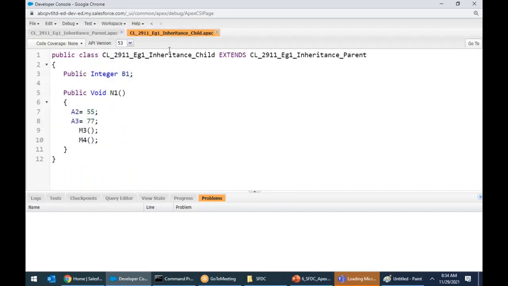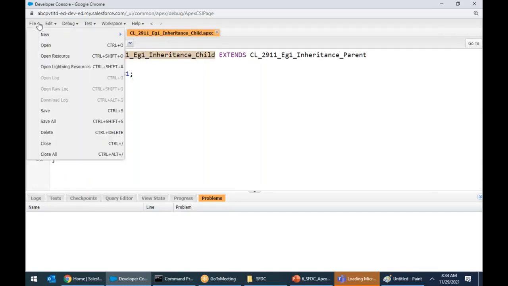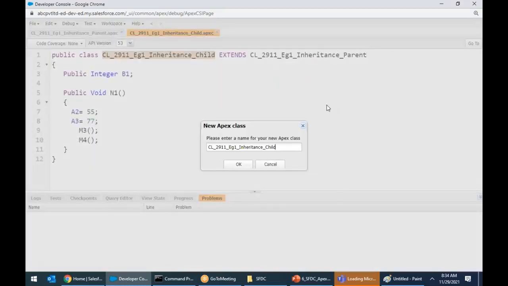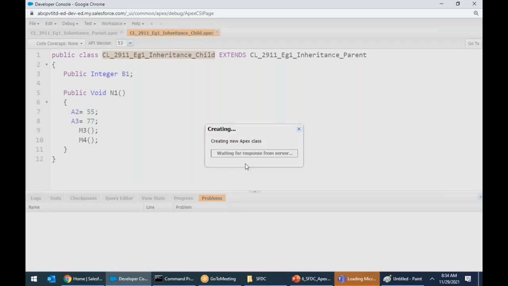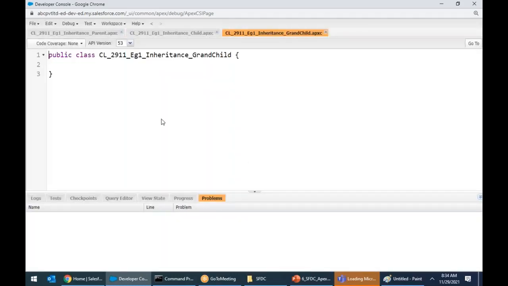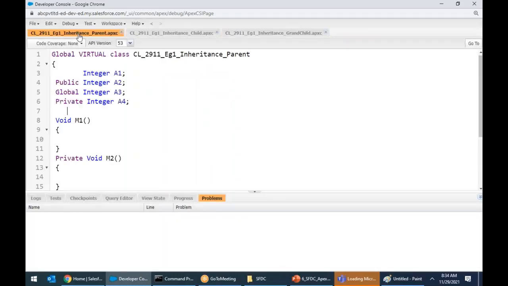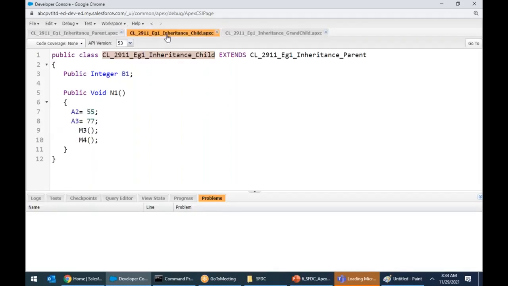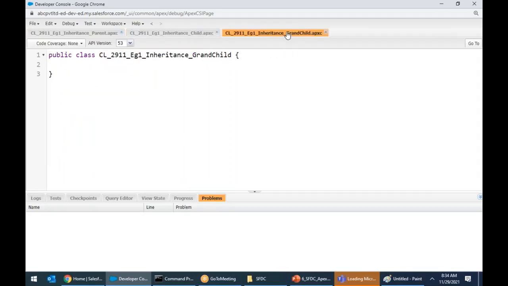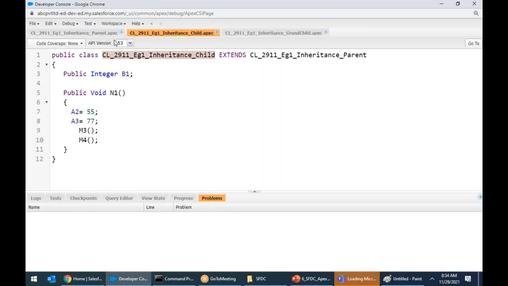Now, I will create one more. Control C, file, new class. I will say grandchild. Total, how many classes are there? This is the parent. Parent to child. Child to grandchild. That means now child is also a parent. Parent for whom? Parent for the grandchild. For the grandchild, the parent. Parent should use a keyword called as